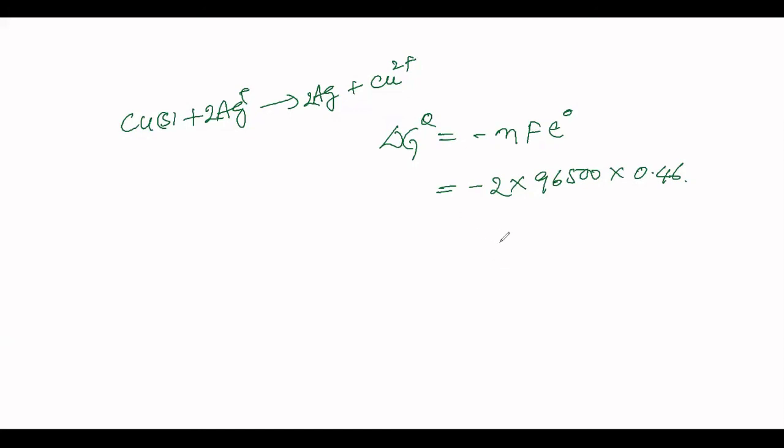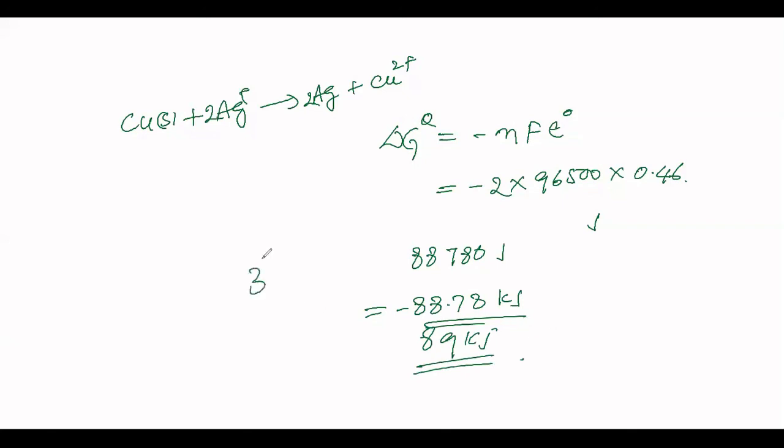So you will get this as 88,780 joules. So this coulomb into volt, if you multiply, you will get that in joules. That is the energy unit. So you are getting this as 88,780. So these many joules will be equal to 88.78 kilojoules. So hence, your correct option has to be, it is close to 89, isn't it? Minus, of course. Minus 89 kilojoules. So correct option has to be option 3, right? Yes, ma'am.